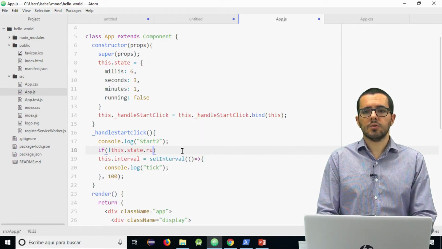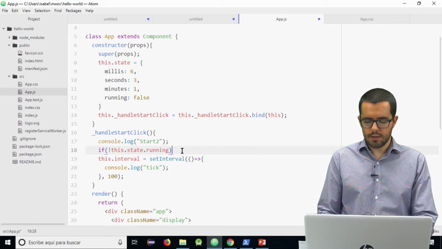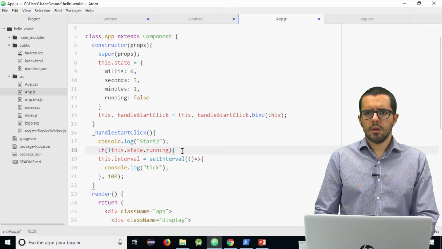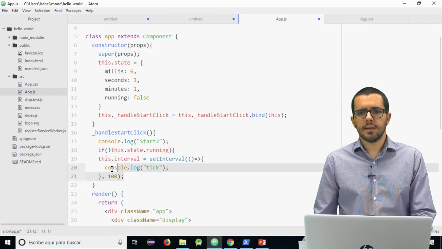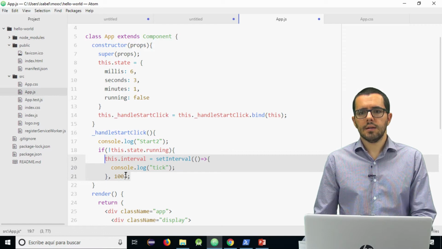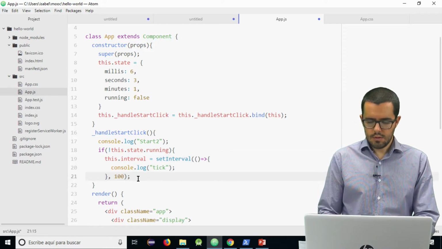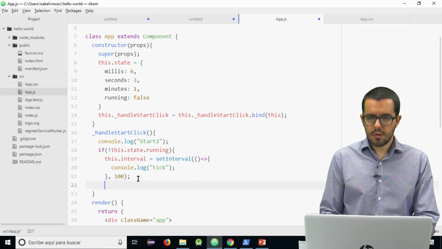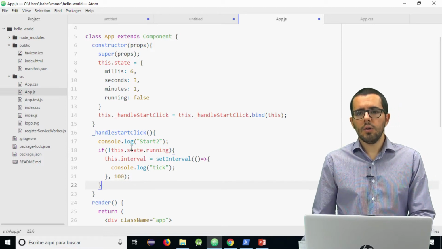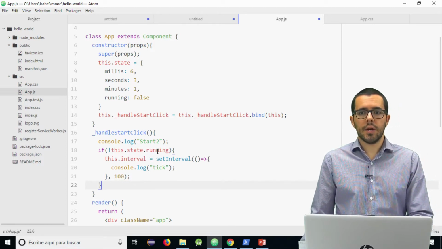This dot state dot running, because it's a boolean. Now let's include all the set interval inside the if. Now only if the chronometer is not running, we set the interval.